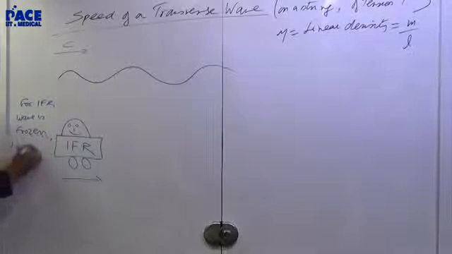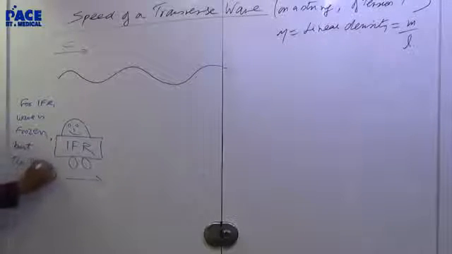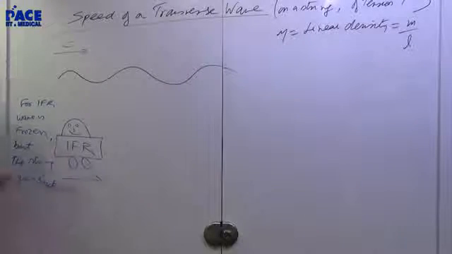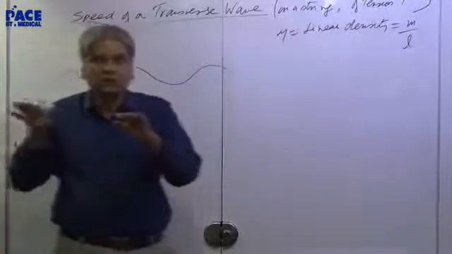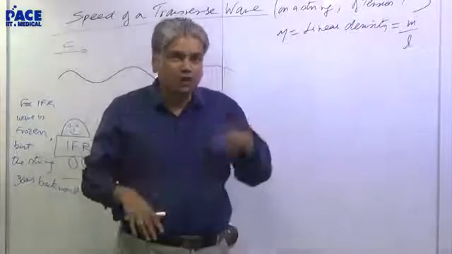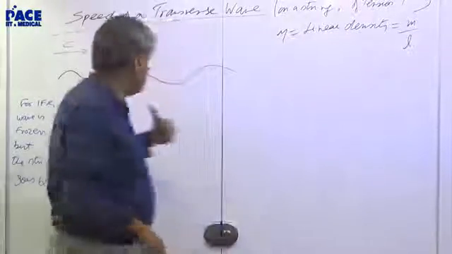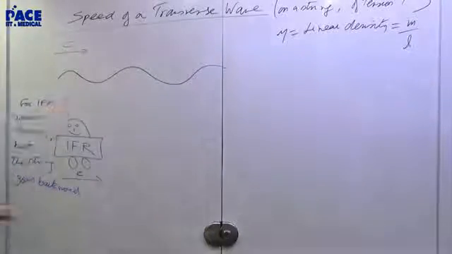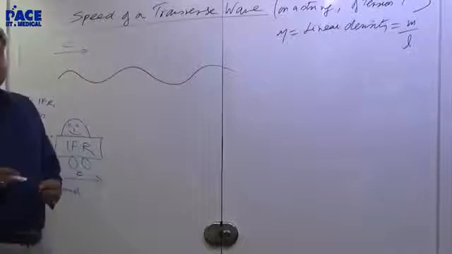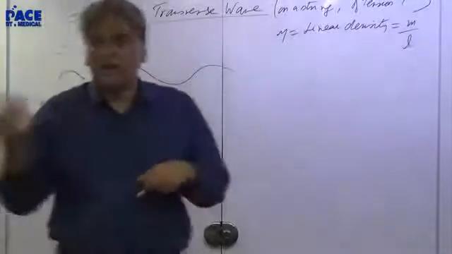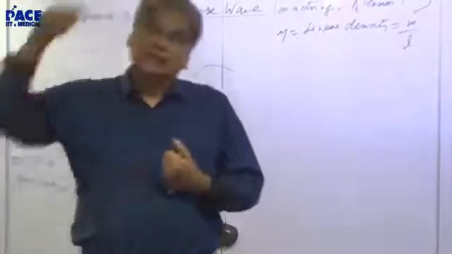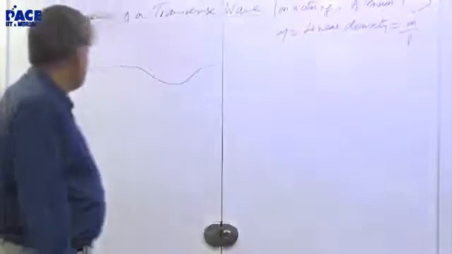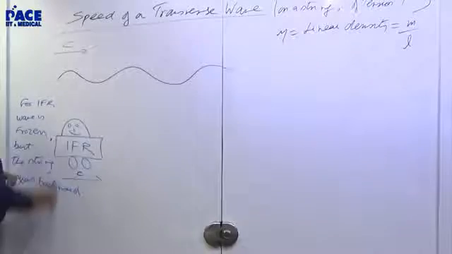But the string goes backwards. For you, the string doesn't go sideways. In the wave, the string doesn't move. The wave moves, the string remains there. It may go up and down, but doesn't move. But for this person who is moving with c, we are assuming it's moving with the same speed as that of the wave, the string will be going backwards. It's just like when you watch from a moving train, the adjacent tracks go backwards with the same speed as you are going forward. In the train's frame of reference, whatever you see is true. The adjacent track goes backwards. So this is the observation made by this person.